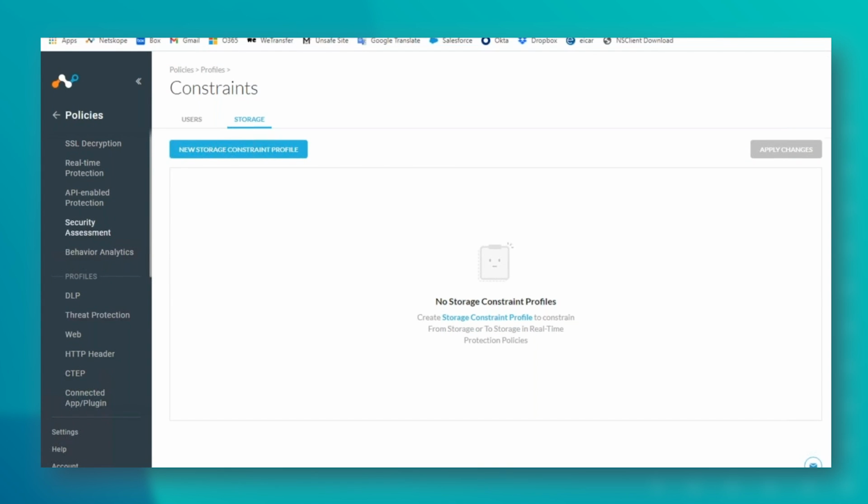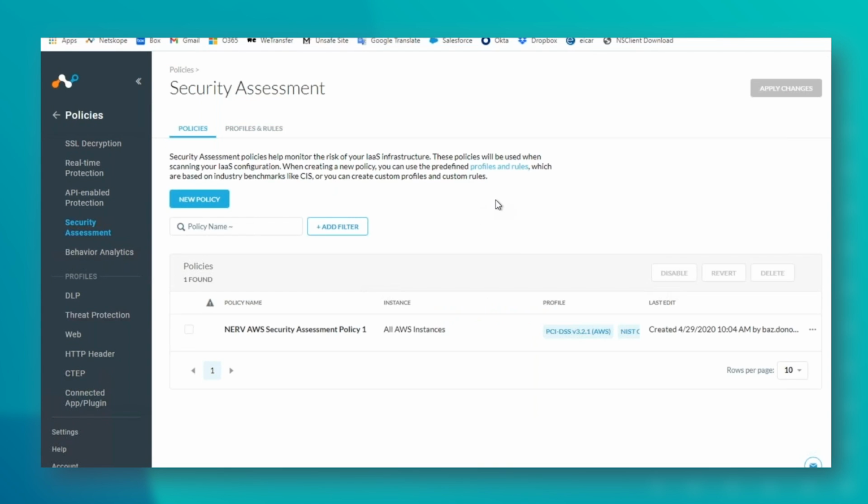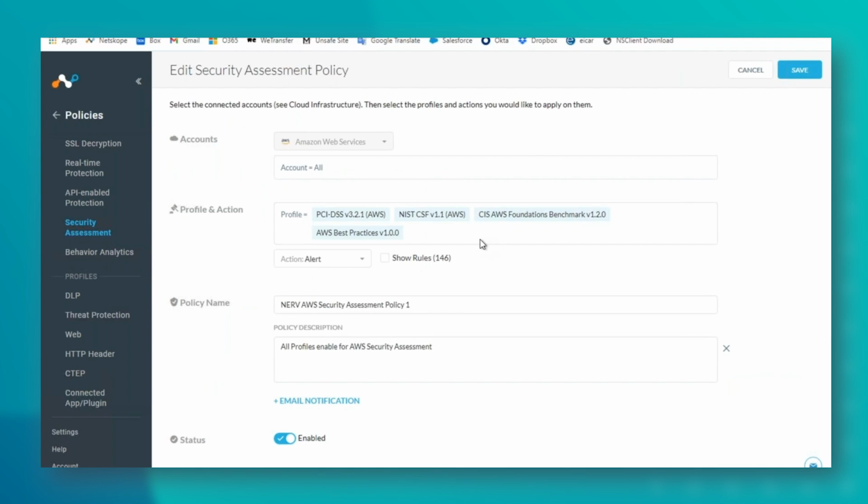and created a policy for it, you can see that this policy here has been set up by a colleague of mine for their AWS instance. They're doing a check for PCI information. They're also running security assessments against that estate. So they're checking for DLP with this, and then they're running various security assessment rules against their AWS estate.